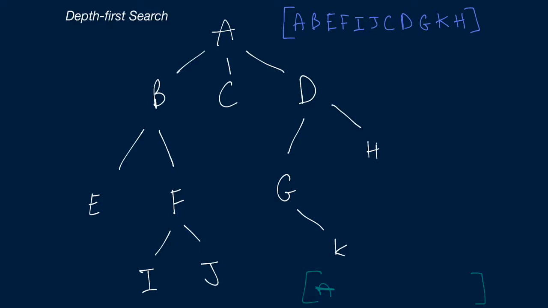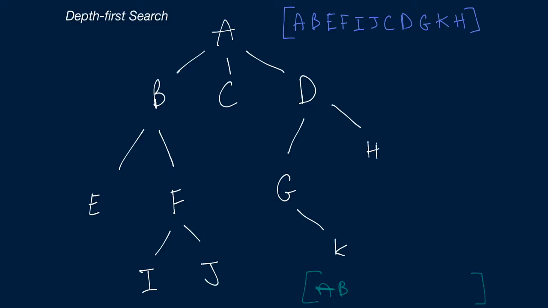And then for every child node of A, meaning B, C, and D, we call the depth-first search function. So we start with the first child node, B, and we call the depth-first search function. So now we are at B. The first thing we do here is grab B's name and add it to the final array. And then for every child node of B, which are E and F,